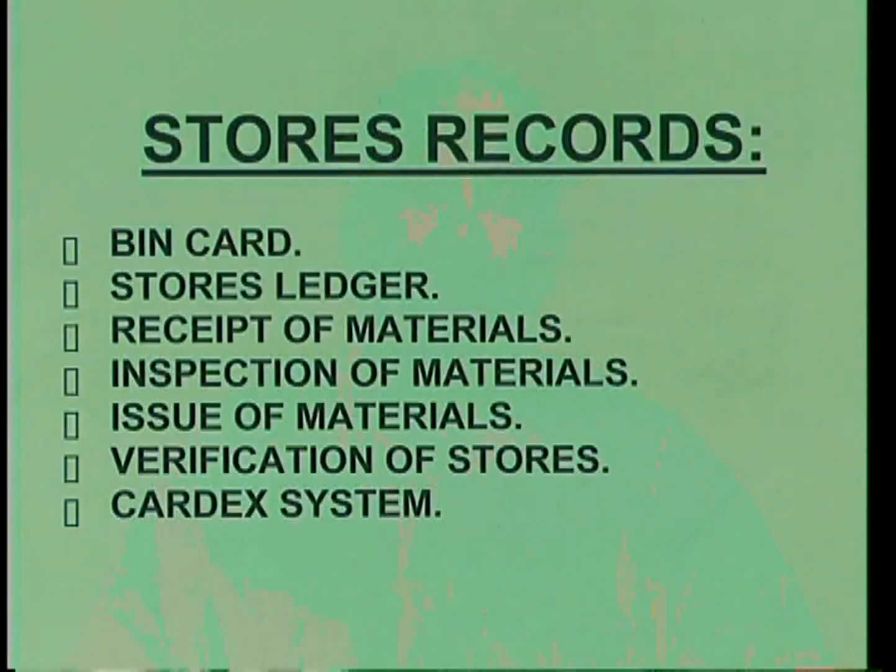Now the next session that we will go for is stores. In the stores, as we said, a lot of materials are being stored. What materials are there, where they are, and how much to purchase according to EOQ or ROL, that is reorder level and economic order quantity, etc. Everything should be kept in the stores. So for easy identification, we have to maintain certain records in the stores. Let us see how many types of records there are.